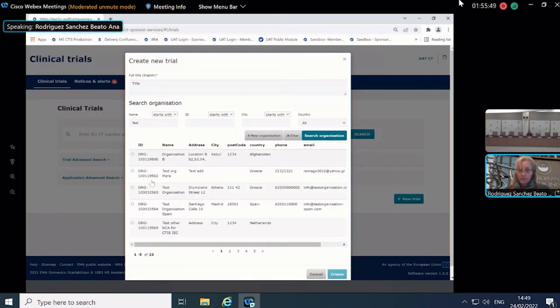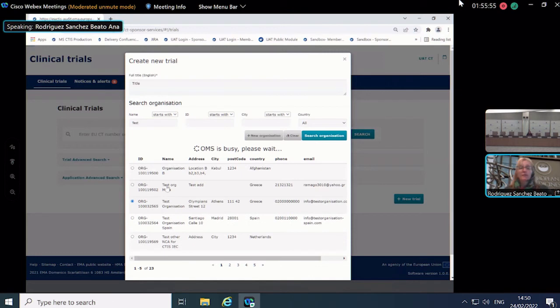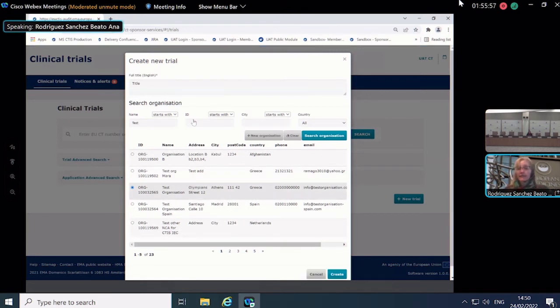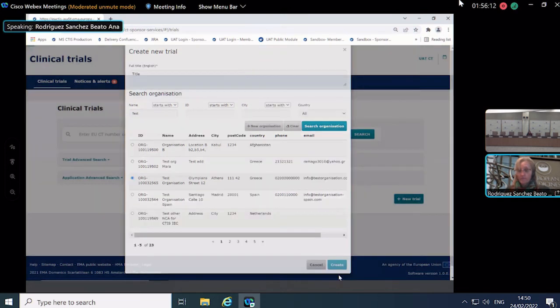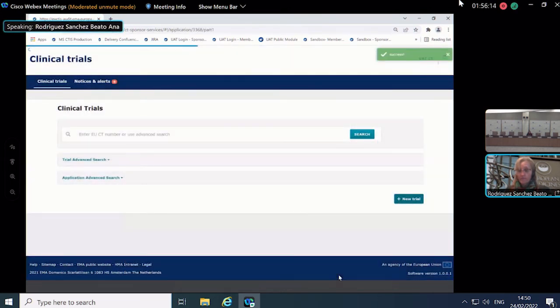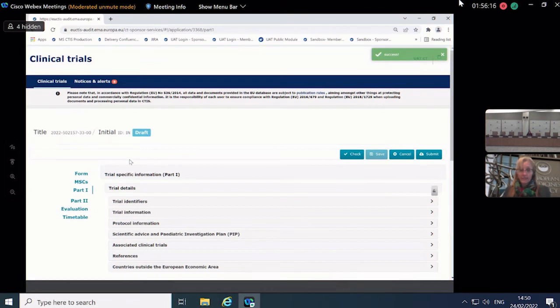Okay, so now I'm going to search this organization, and this organization, as I explained, has not registered a sponsor administrator in CTIS, and the system will check that in the back end. So as you can see here, I'm able to create this application. If I click on create, you see, I have created this application.